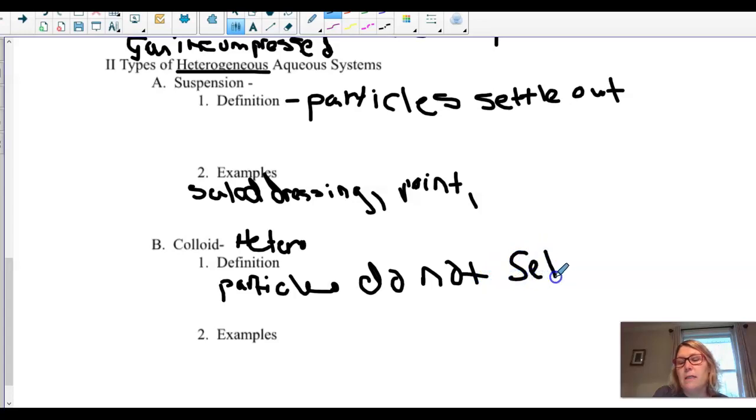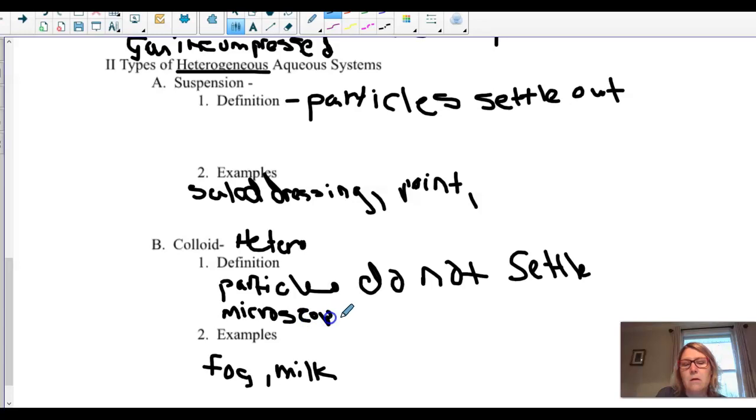So fog is an example. That's why you have to put your low beams on so that the light can be scattered below. Milk is too. The difference in a colloid is the particles are microscopic. You can't see them. You can see the particles in a suspension. So these are microscopic. So fog, milk,